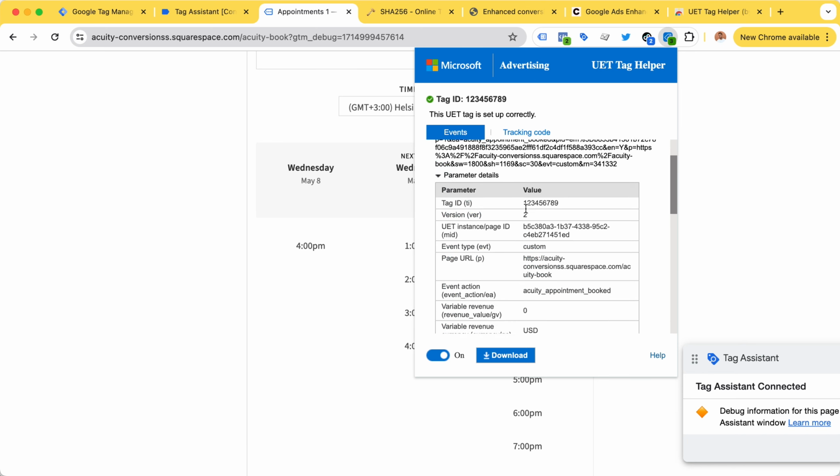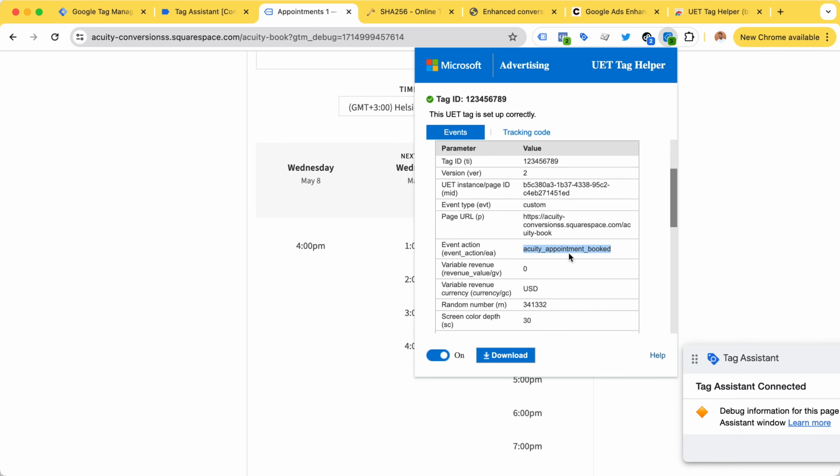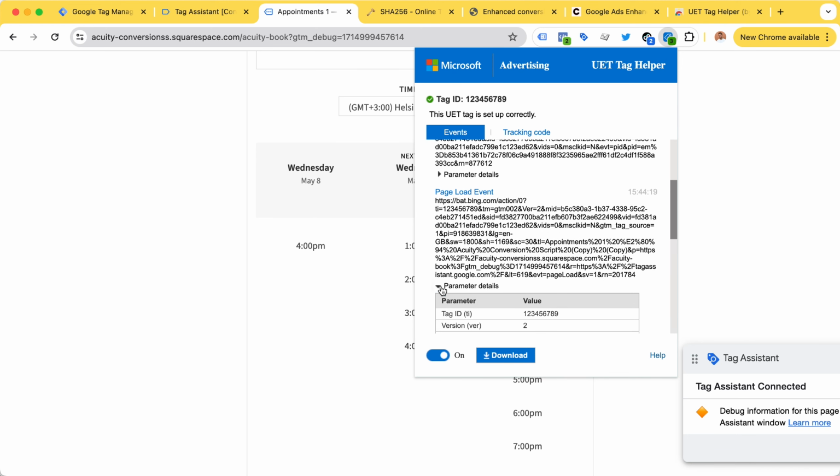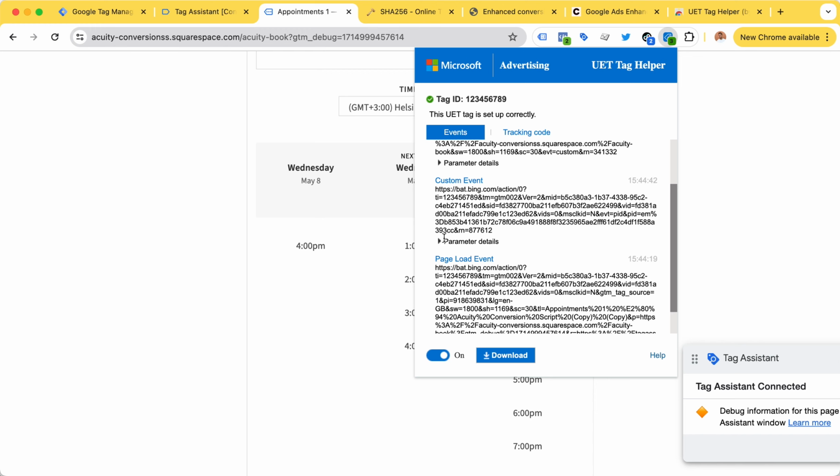We only got the Acuity appointment booked, our main conversion tag, and the page load, our base tag, but we did not get this middle tag. So this is definitely our enhanced conversion tag. So I actually looked into this a little bit. This looks like a total mess, total junk, but we can actually see this